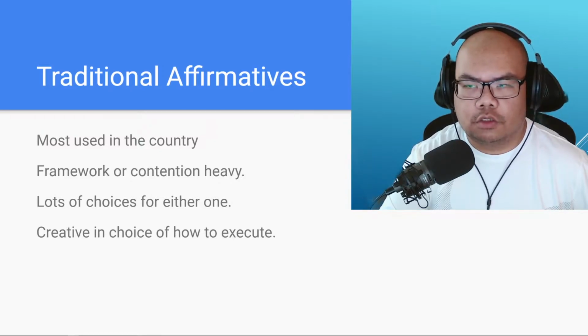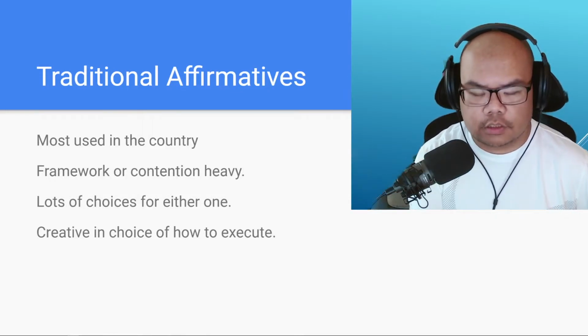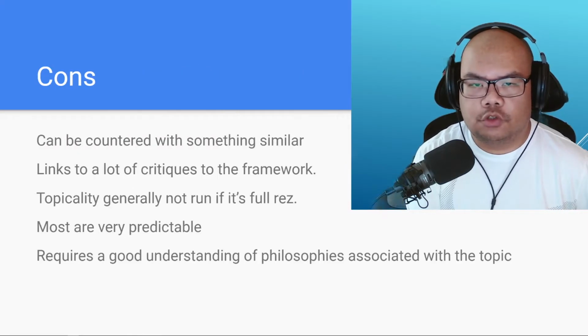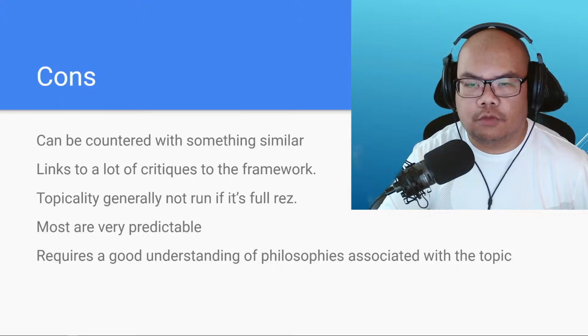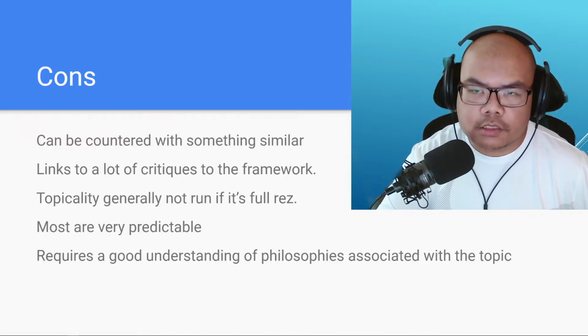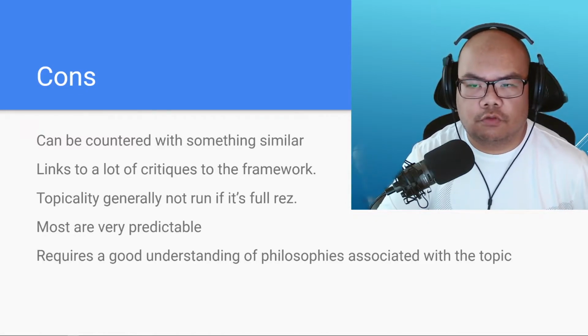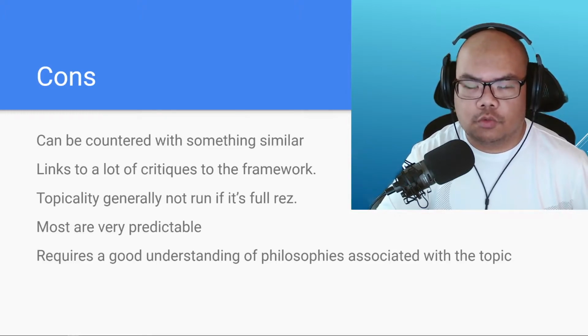I generally don't like to talk about tricks affs because it's embedded within a tech versus truth sort of thing, so we'll ignore that for this video. Now, the cons of the traditional debate: it can be countered with something very similar to the affirmative itself. If a negative has a counter framework and then contention level offense with it, plus turns to the contentions of the affirmative, it may be difficult for the 1AR if the turns are very persuasive